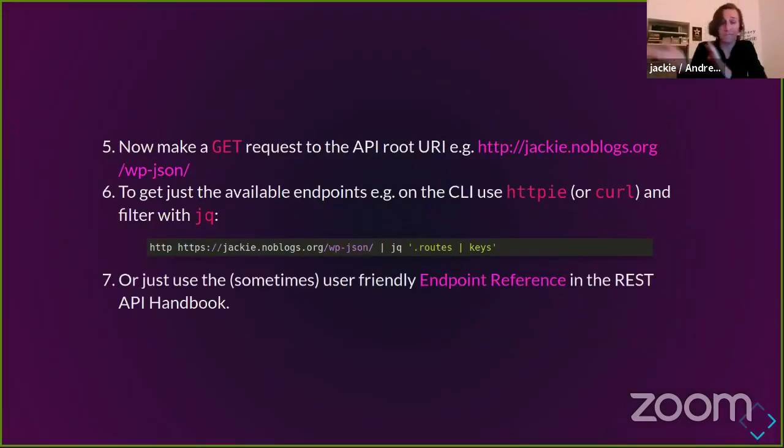Or, of course, you could use the sometimes user-friendly endpoint reference in the REST API handbook, but I don't really use that very often because it doesn't tell me anything more than there is already in the API itself. Actually, there's even less than in the API itself sometimes, but sometimes it might also help to look into that.